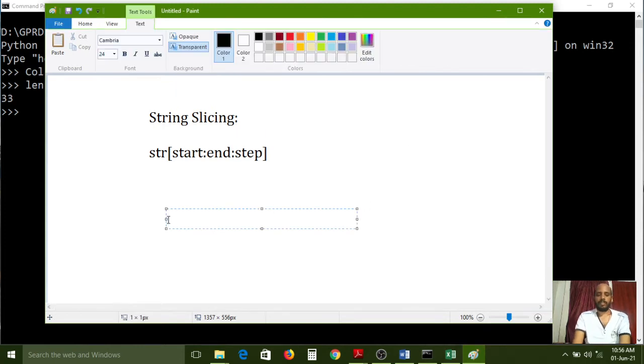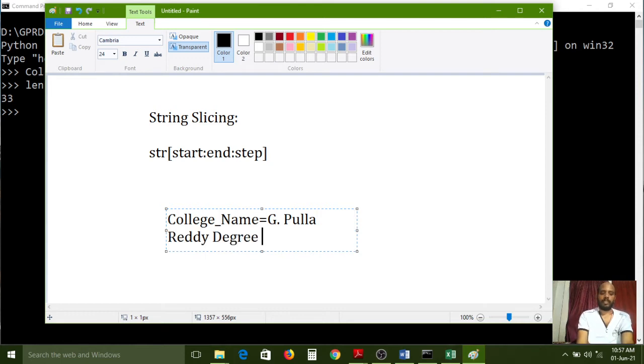Now college_name equals G Pullareddy degree and PG college. This is my string.